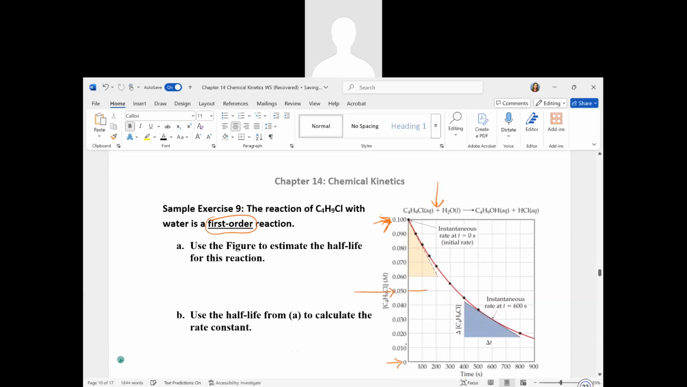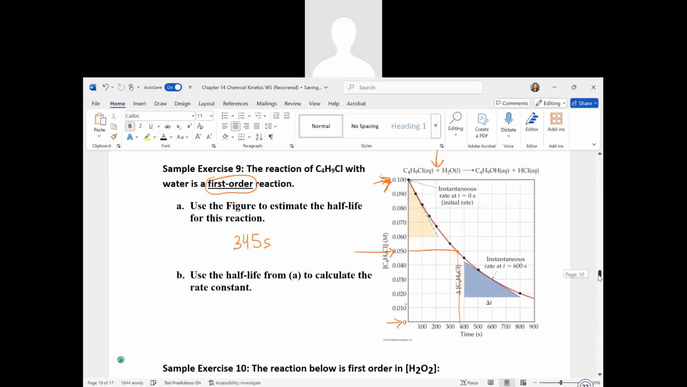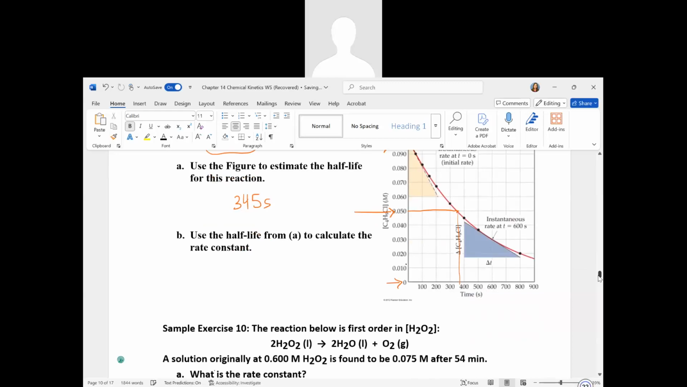So if we go across our graph and then go down here, we could approximate at least 340, 350 seconds, something like that, until we reach half of our starting concentration. So our half-life is somewhere in that range. Again, we're estimating. Now let's use the same information and see if we can calculate our half-life using that approximate